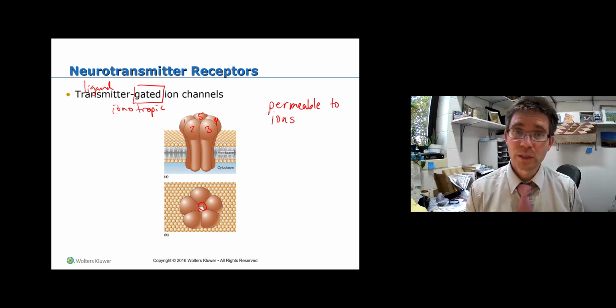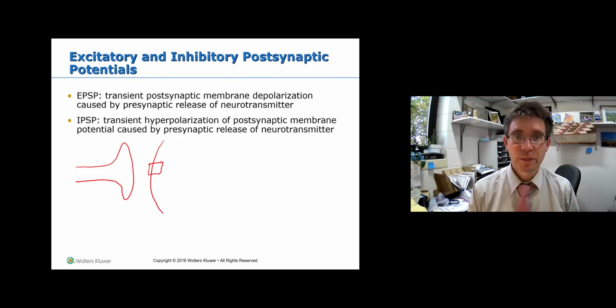Okay, there's some important ionotropic channels that you're going to be learning about, and I'm going to introduce them briefly to you now so that you can see them. But before I do that, I want to explain a concept to you called EPSP and IPSP. Okay, here we have a picture of a presynaptic neuron and a postsynaptic membrane, and we have let's say this